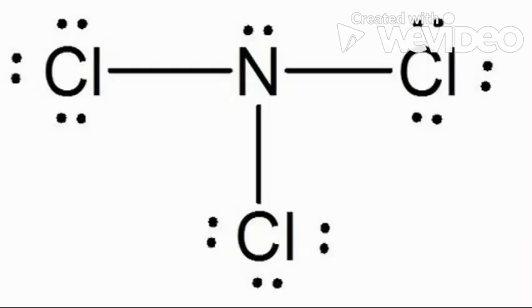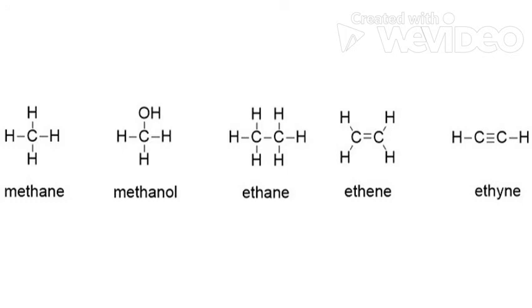Group 15 elements will form 3 bonds. The nitrogen here has formed 3 bonds to 3 separate chlorine atoms. Group 14 elements will form 4 bonds. Each carbon here has 4 bonds connecting it to other atoms. Sometimes elements can form double bonds and triple bonds with another atom to fill their outer electron shell. In this illustration, regardless of the presence of double bonds, each carbon has formed 4 covalent bonds to fill its outer